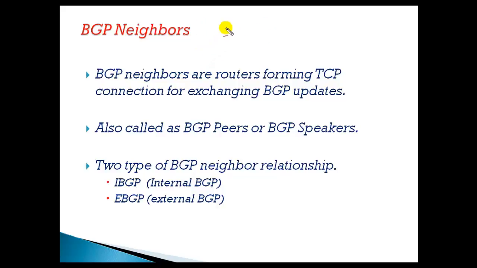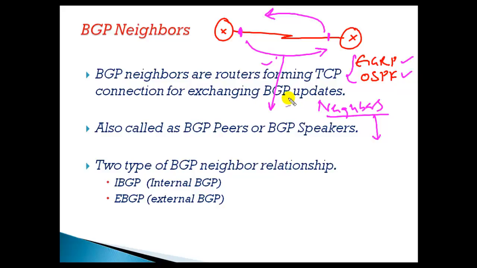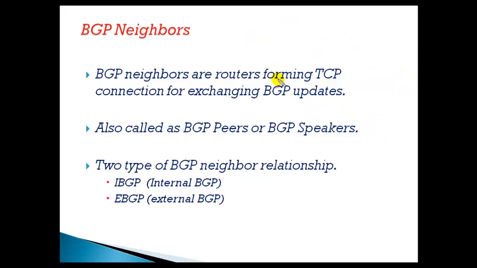If I take an example of OSPF or EIGRP, these protocols maintain a neighbor table, where automatically, whenever you advertise an interface, it sends a hello message on a multicast address, and when you advertise the other interface, it replies to that hello message. Then they automatically build a neighborship and become neighbors of each other, building a table called the neighbor table. We can verify with show ip eigrp neighbors in case of EIGRP, and show ip ospf neighbors. Even in those protocols we can configure manual neighborship, but that is a secondary thing. But in case of BGP,